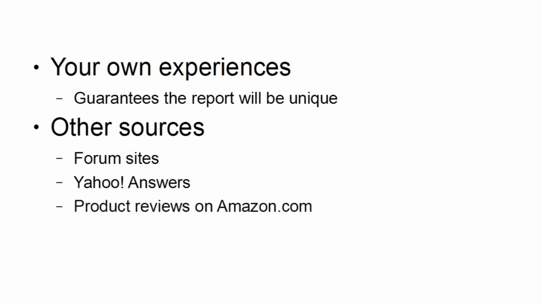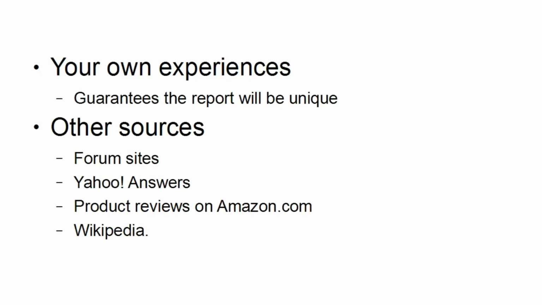Product reviews on Amazon.com are always a great place to look for information, particularly if your report is, say, on a software product or it's on some other type of physical product. Then you can get the feedback from people who've actually bought and used the product on Amazon.com, and again, base your report on those. And of course, the website Wikipedia has a lot of information that you can use and